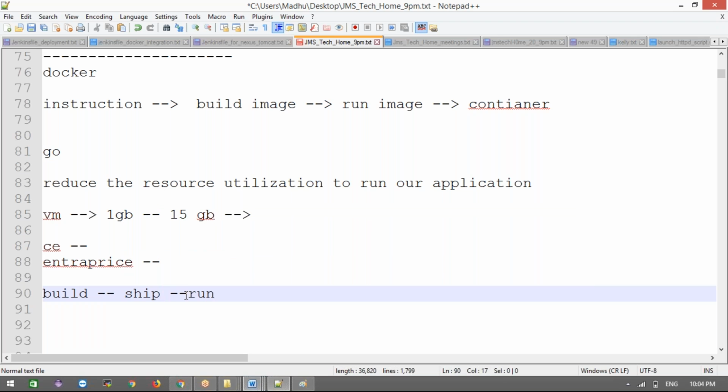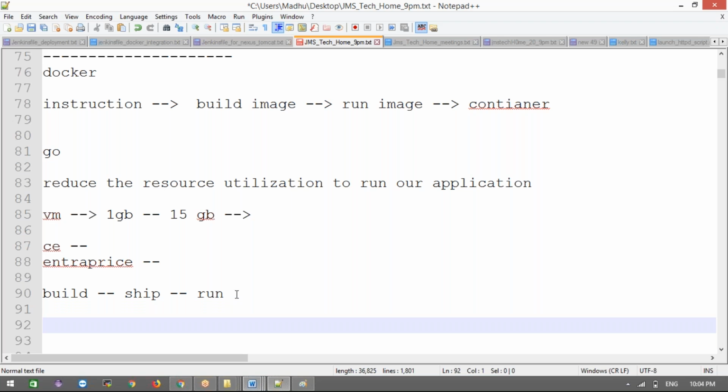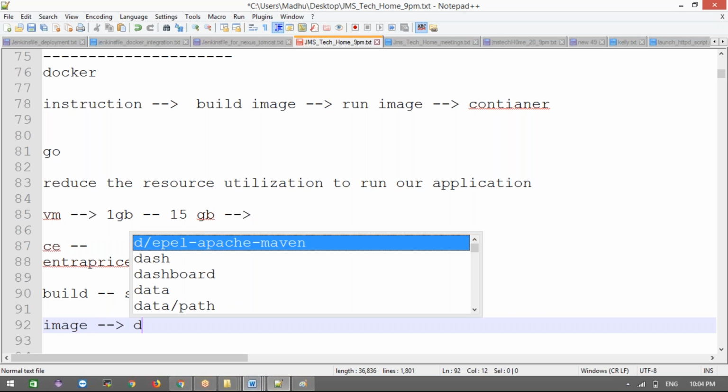Push to somewhere and run anywhere. Where can you push? Maybe Docker Hub, or your private repository, or JFrog, Nexus. S3 buckets also we can use for containers. S3 bucket, never. JFrog and Nexus we can use as a Docker container store. Now how will it work? For example, we create an image and we push the image to